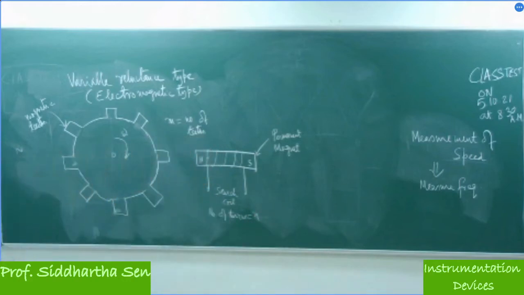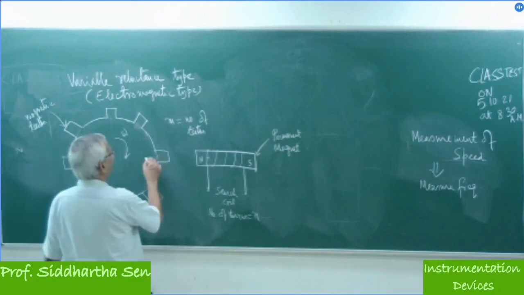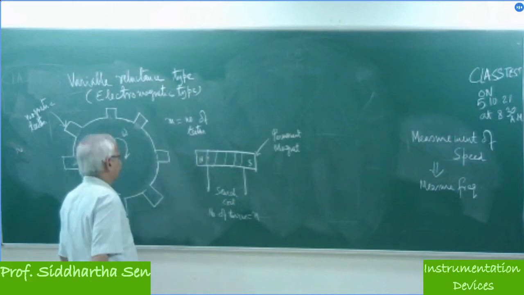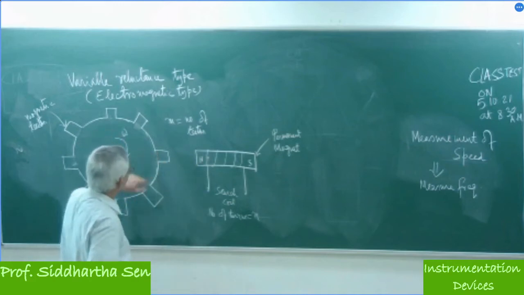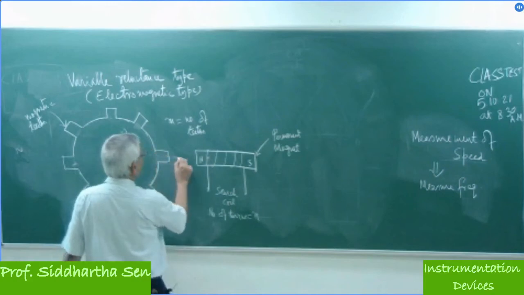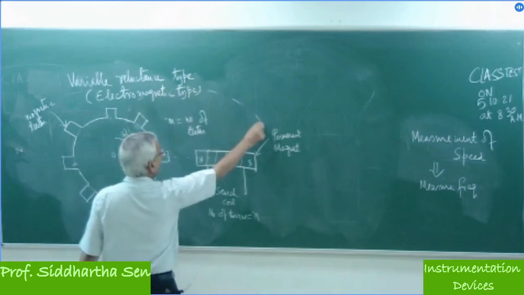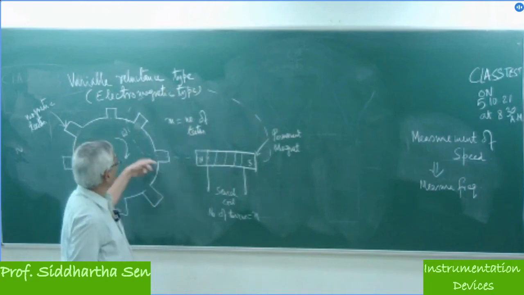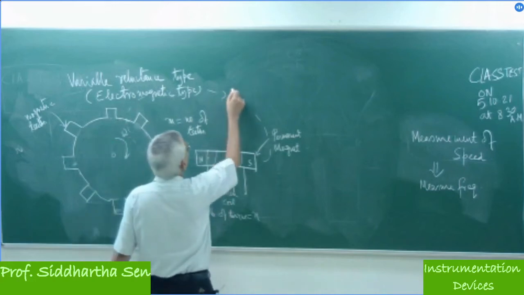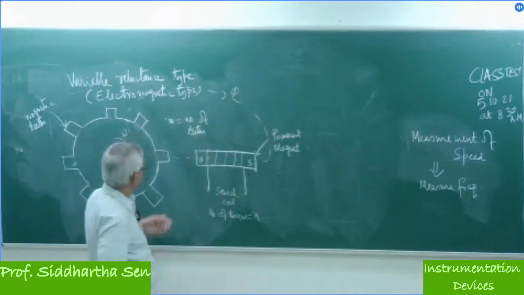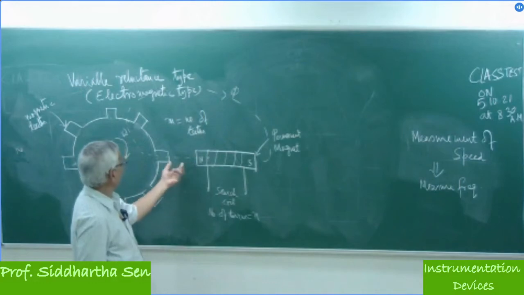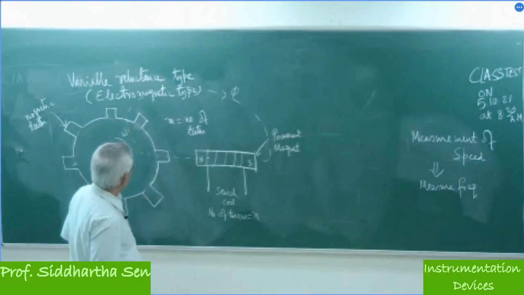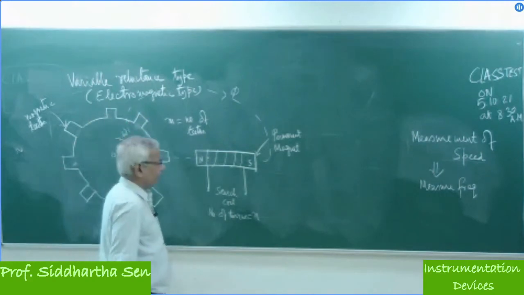This is a permanent magnet, which I can bring in very close vicinity to this wheel. There is always some magnetic field, and since it is very close, the magnetic flux phi also depends upon the gap between them and the position of the teeth. So what is the principle?